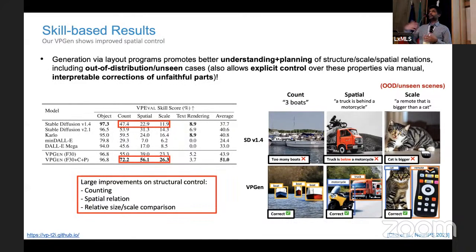And the best part is you have human-in-the-loop control. Even if you still don't like it, you can go and first change the bounding box plan and then ask the model to regenerate the image. So these are the three advantages of this whole paradigm. One is that the model and humans both understand the actual process behind the generation. The second is that it can handle out-of-distribution unseen cases. And third, most importantly, it gives you more explicit control over the image generation process, which in turn helps you not just keep trying prompts randomly, but also tells you what the current errors or limitations of the model are, to be able to improve in your next iteration of modeling.